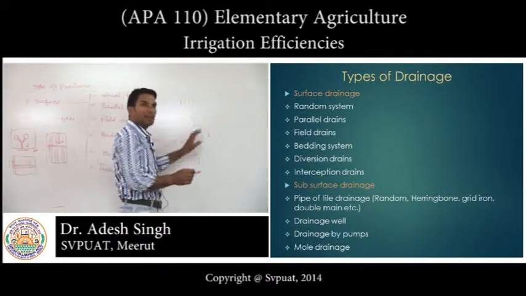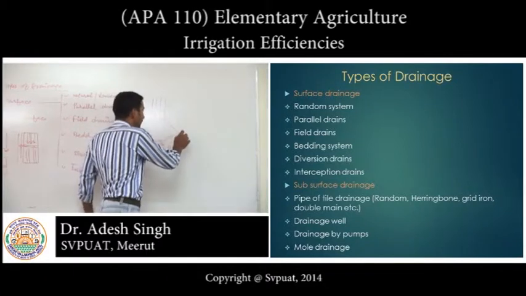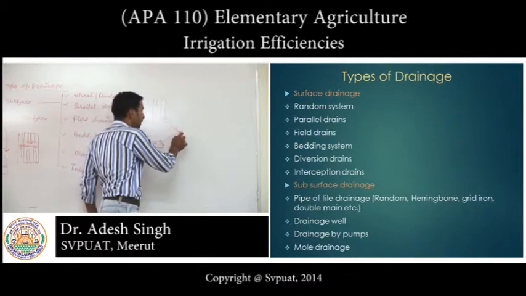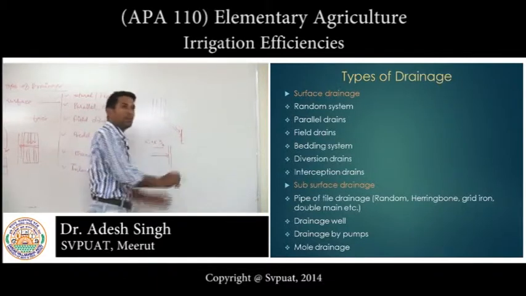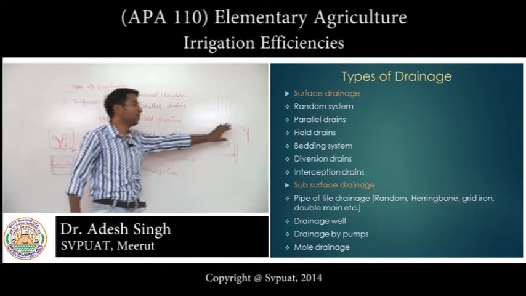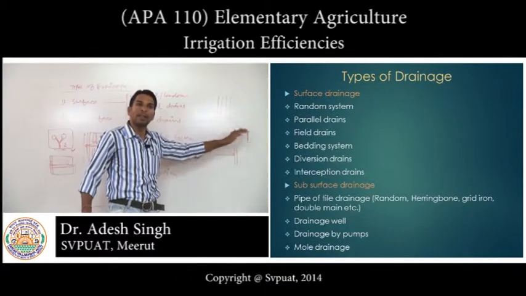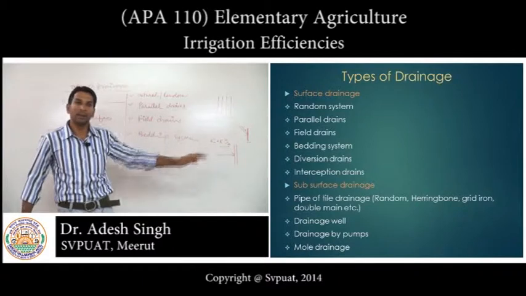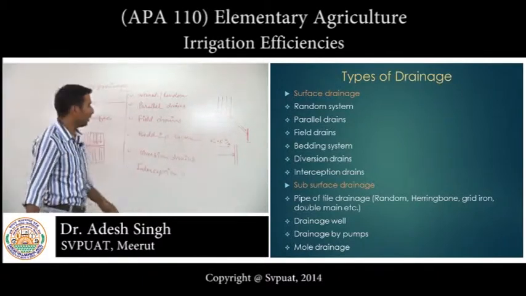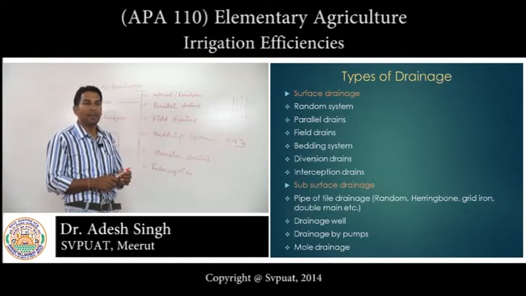Suppose the slope is like this, so the drain is constructed here so that whatever water is collected here can be safely moved to another direction, and no runoff or less runoff takes place with the help of these interception drains. Then in subsurface drainage,